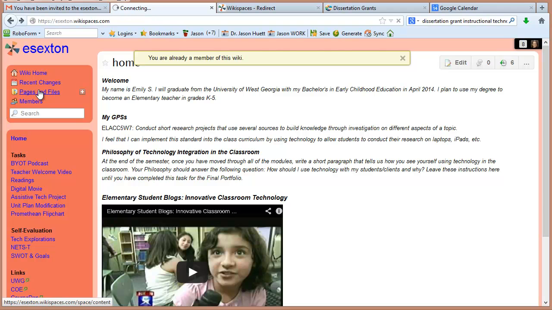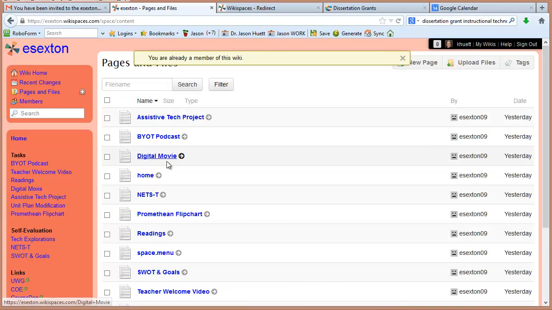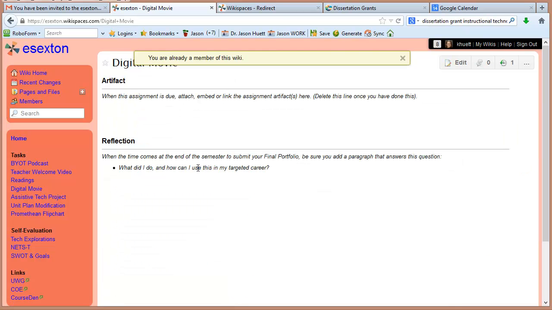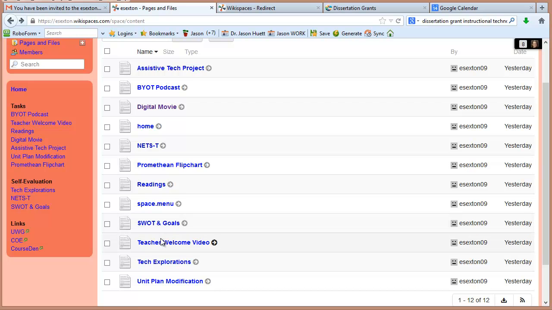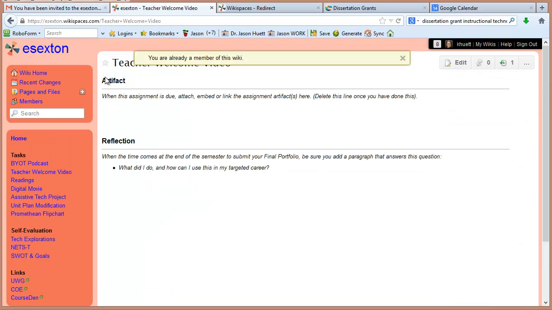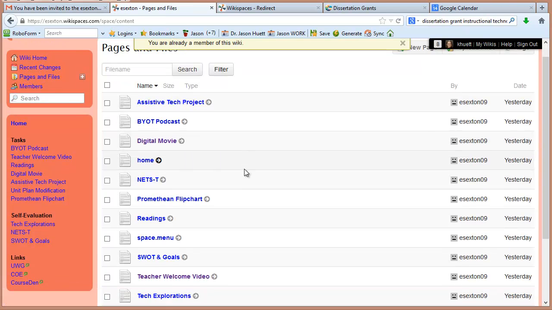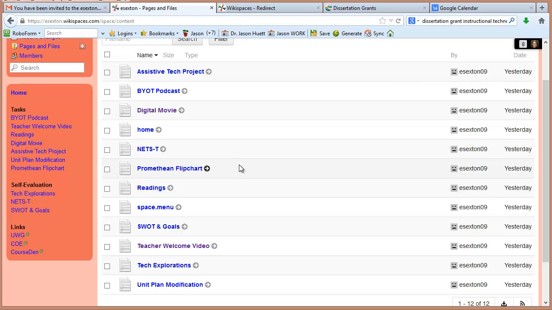Okay? So if I look at your pages and files, let me just check. All right, now that's interesting, because I would have expected that you only had the home page. You actually have pages for these items on your own wiki. And you've even pasted in the correct verbiage on them. That's good too. So what you need to do is,